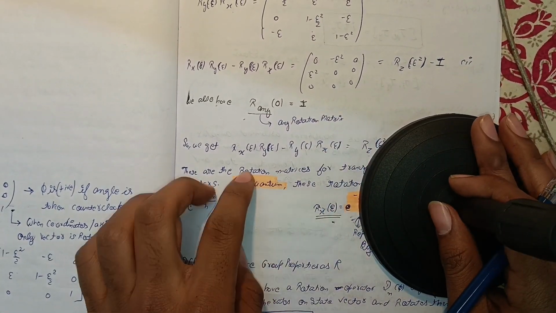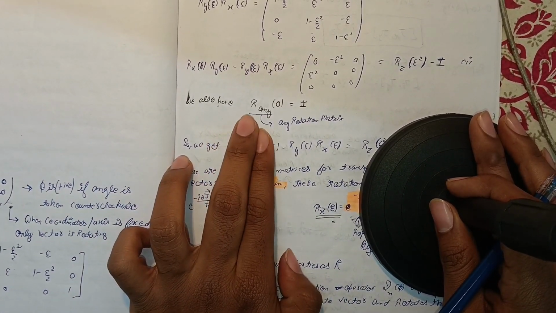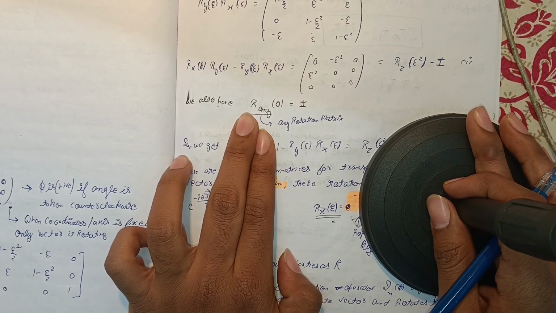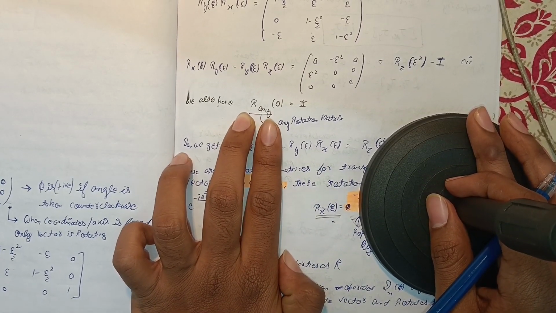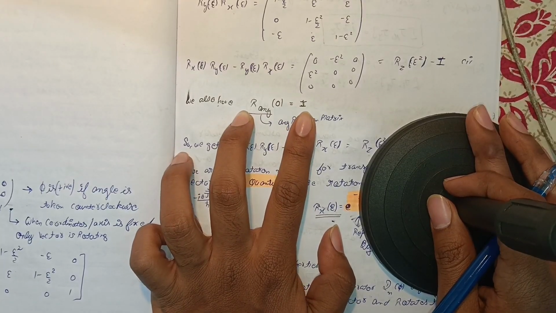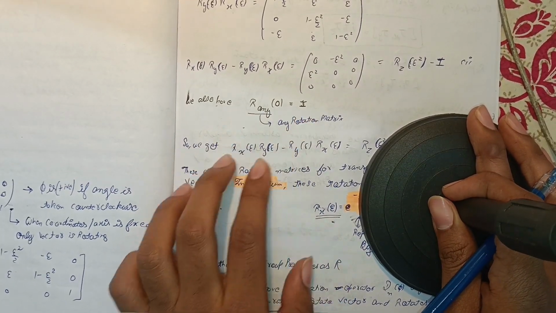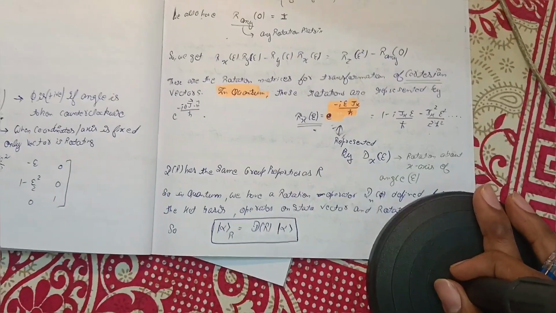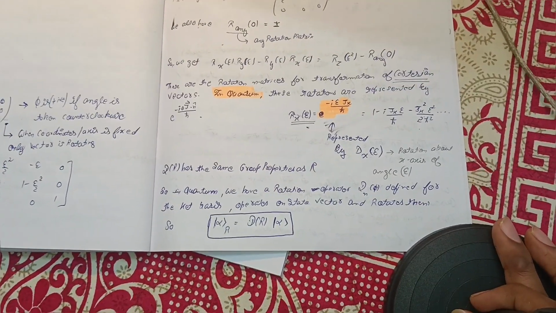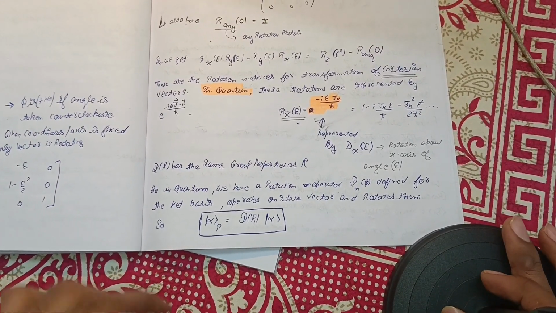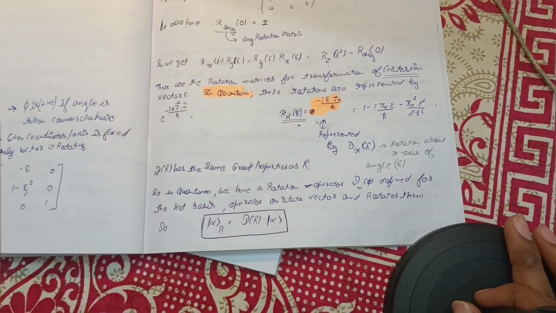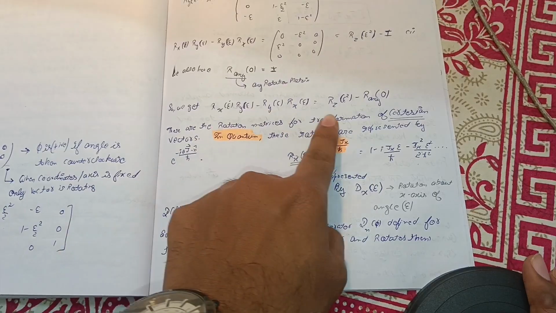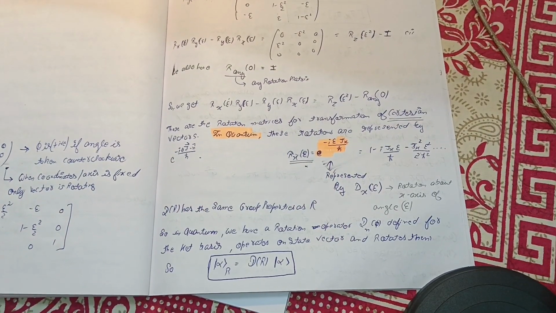Okay, and another thing is that no matter what rotation matrix you have, just put 0 in that, you will always get identity matrix. So finally I can write the above statement, I can write the above statement as this. Okay, now